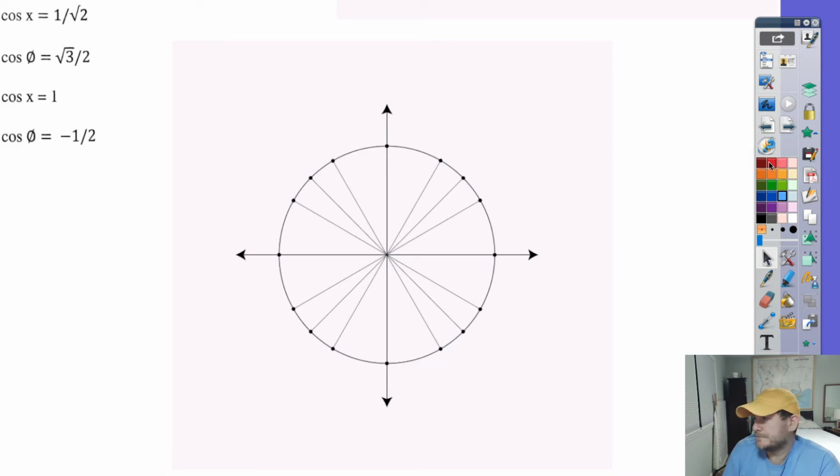All right, remember that 1 over root 2 is the same as root 2 over root 2. Cosine is x. X would be root 2 over 2 here and here. That's 54. When is x equal to root 3 over 2? Here and here. So that is